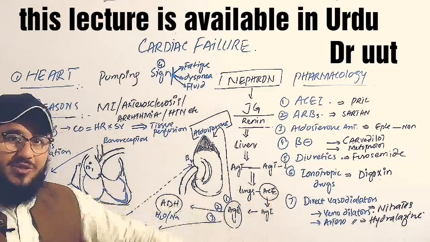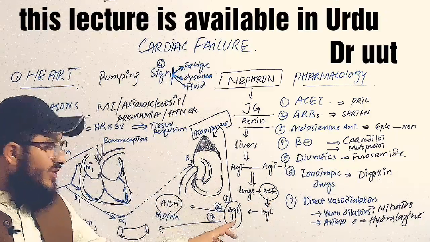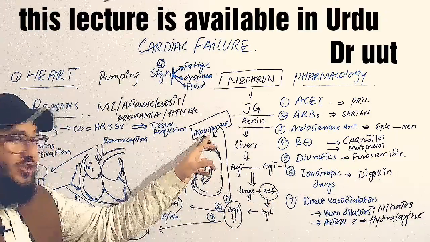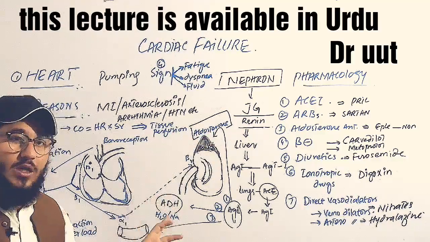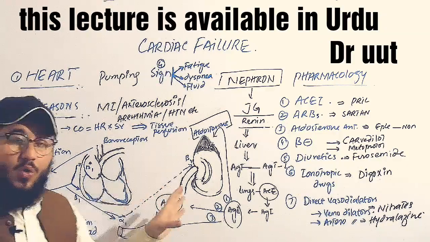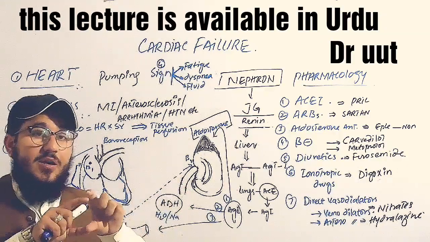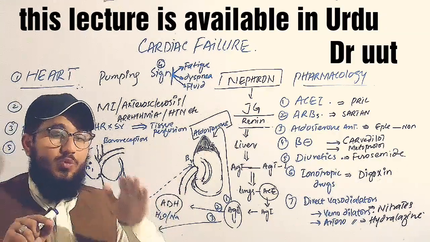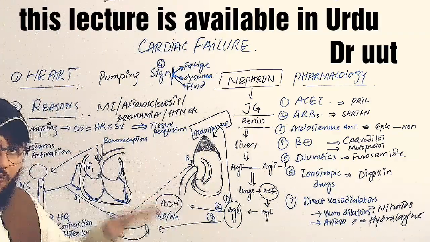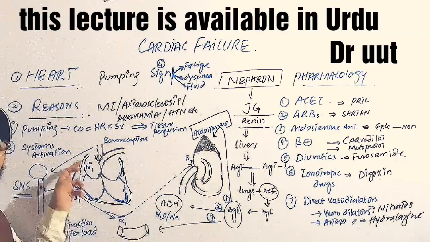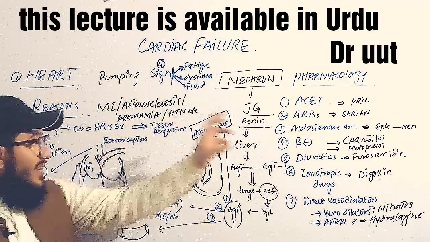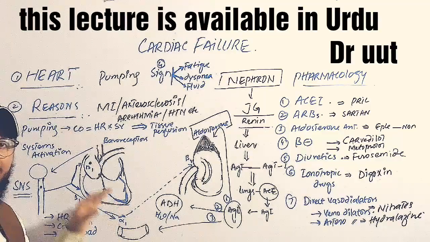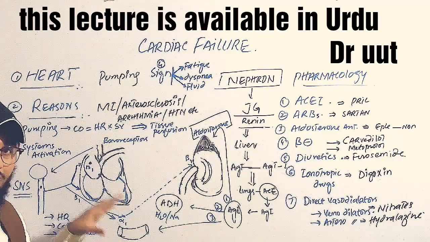When we block angiotensin converting enzymes, they will not produce angiotensin 2, and there will be no production of the aldosterone, and there will be no production of the antidiuretic hormone. You can say that then there will be no increment in the blood volume. So blood volume will be reduced. As the blood volume gets reduced, there will be reduce of the venous return, or you can say there will be reduce of the preload. Like this, what will happen? The ACE inhibitors will actually help in reducing the stress on the heart.